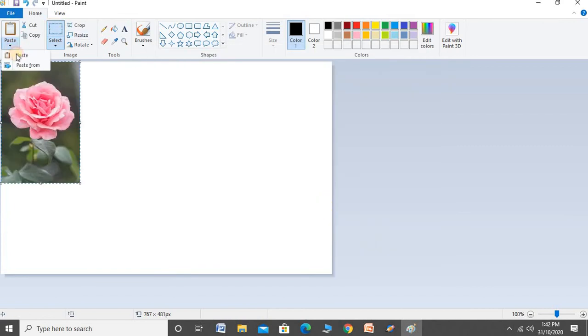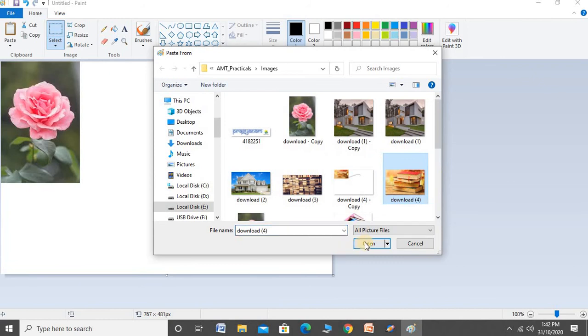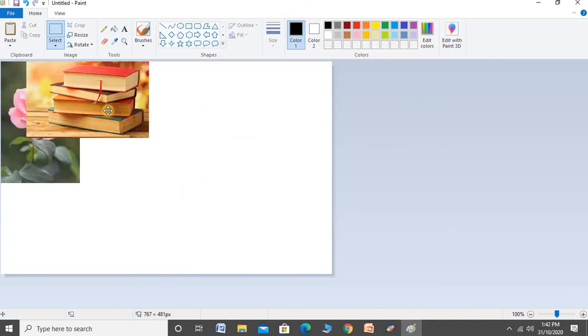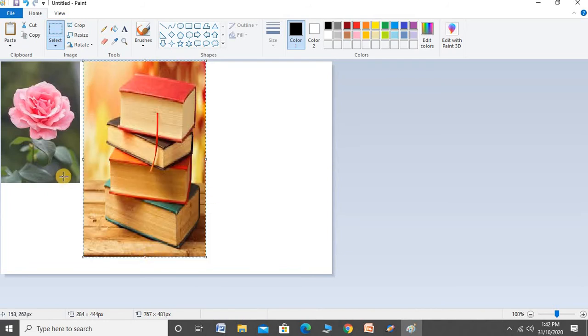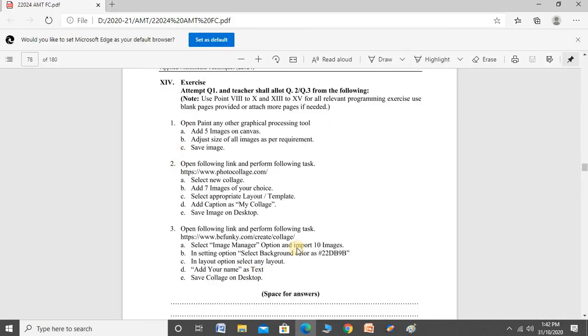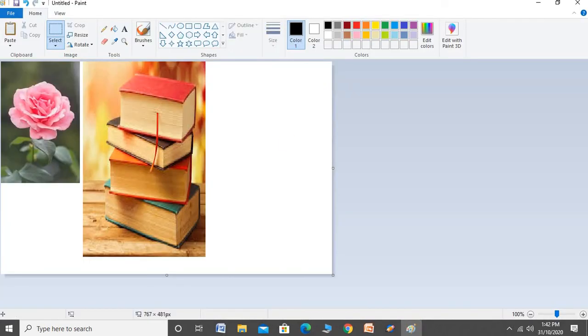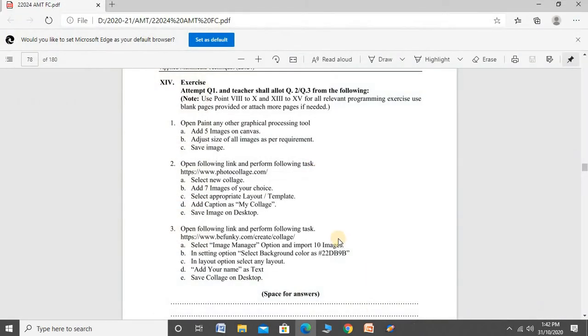After that, again add a second image, just like that you add the 5 images and adjust the size. Okay, 5 images are drawn and save that image. Next question, close it, don't save.